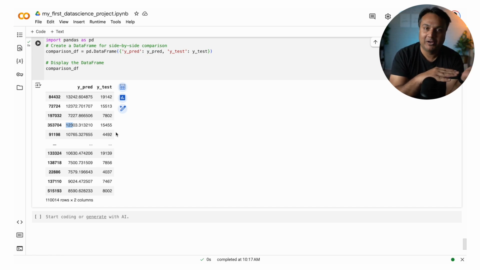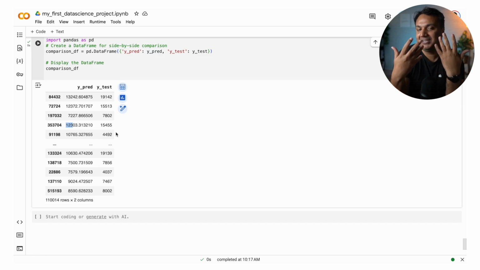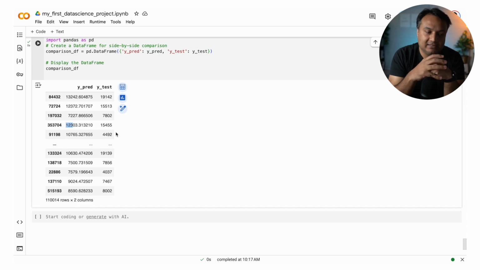Even the thing I wanted to write, I had in mind, but it is just so good that I'm getting so used to using it. So you don't have to memorize a lot of things. And I hope I have delivered on the promise of keeping this entire thing very easy to understand.